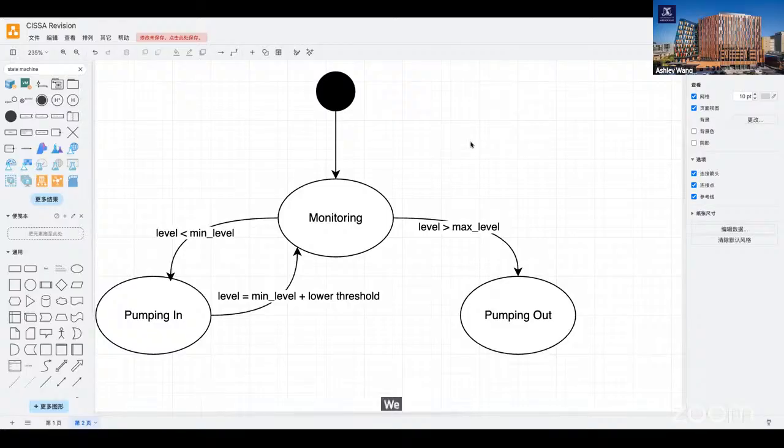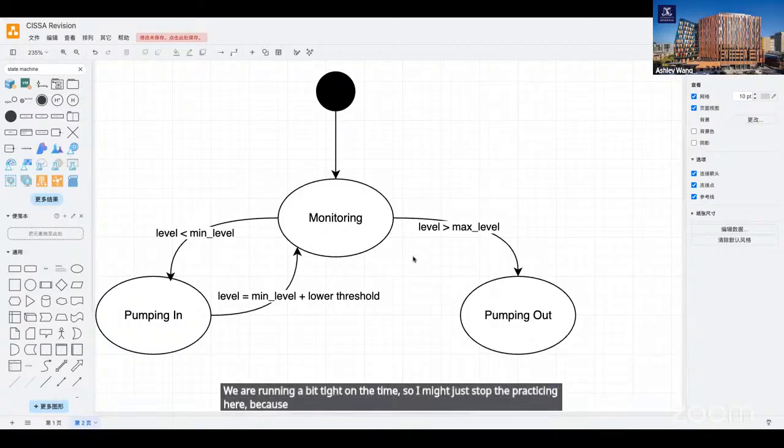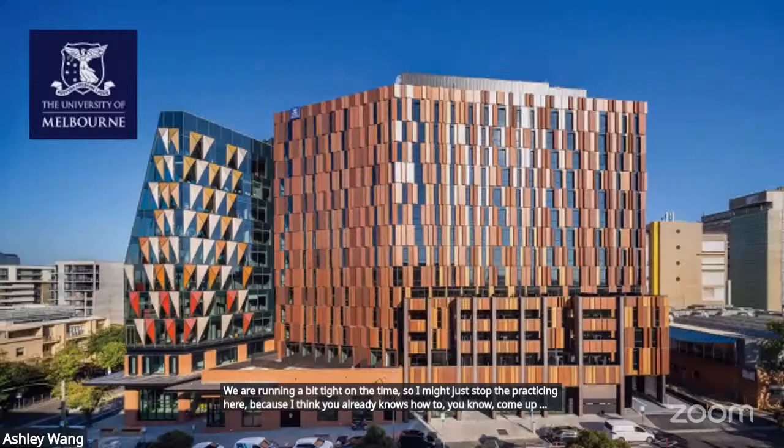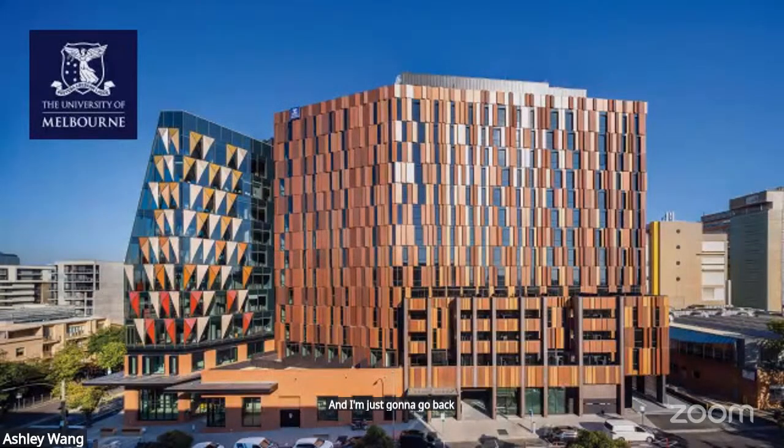We are running a bit tight on time, so I might just stop the practicing here because I think you already know how to come up with this diagram. I'm just gonna go back and let me share again.